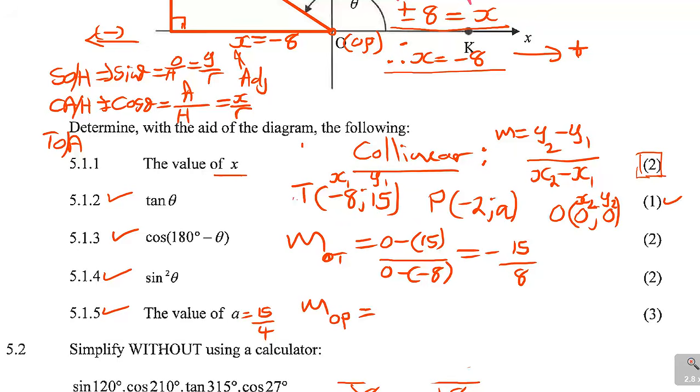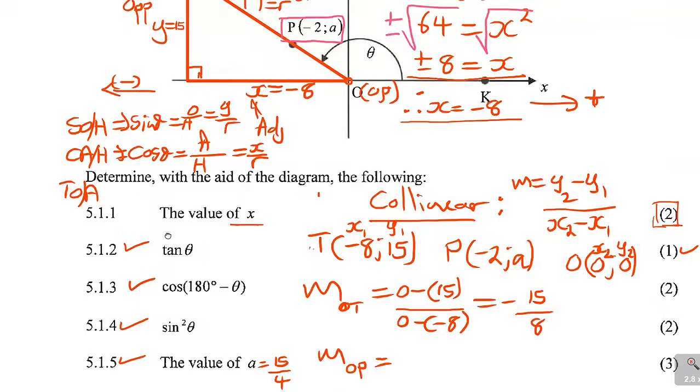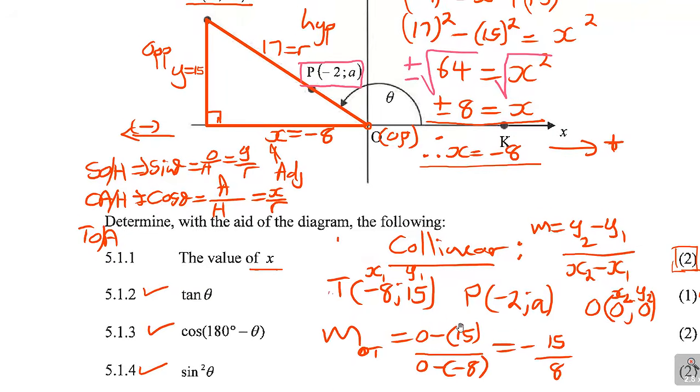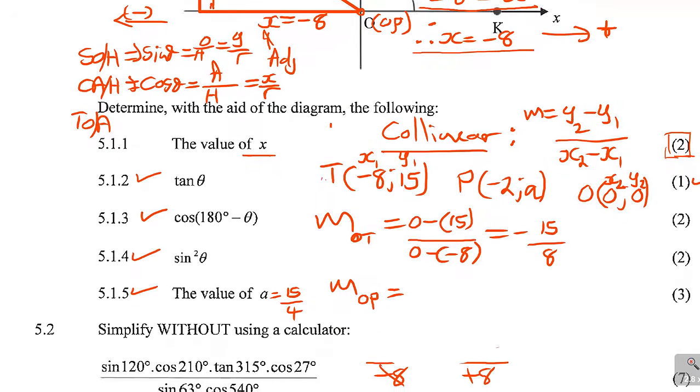Now I've got OT, then the next one is to find OP using the same concept, y2 minus y1. So I will use this one as my x1 and my y1 for the second part. So y2 is 0 minus a over 0 minus 2, and if you simplify this, it will be minus a over negative 2, positive a over 2. So you see that I've got two parts now